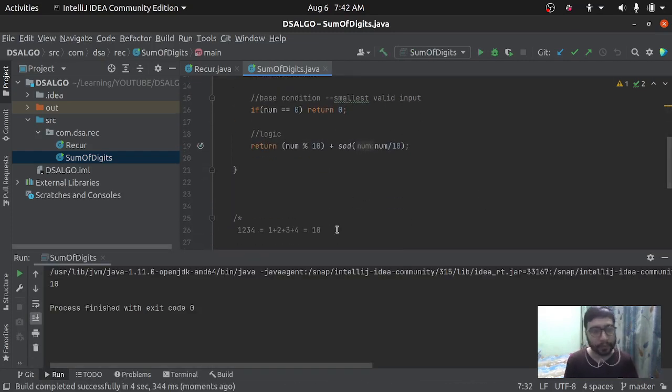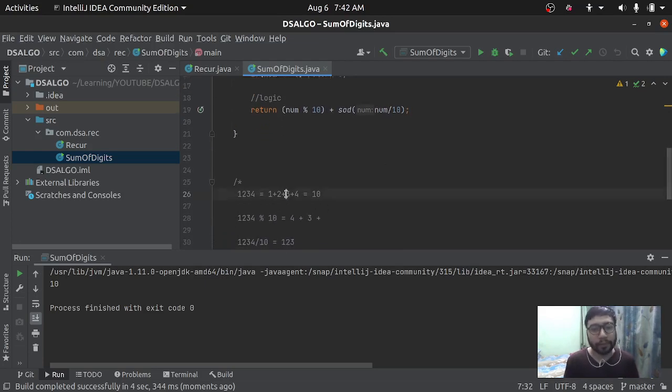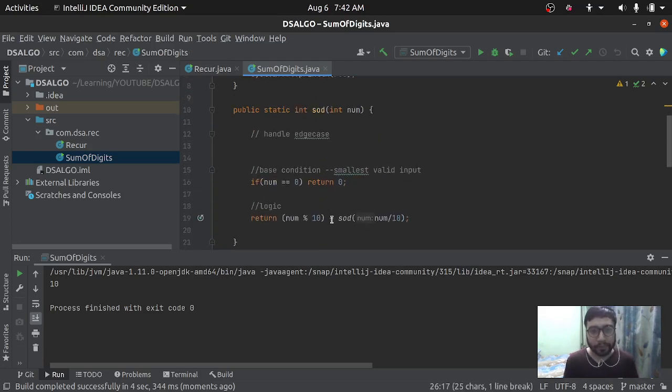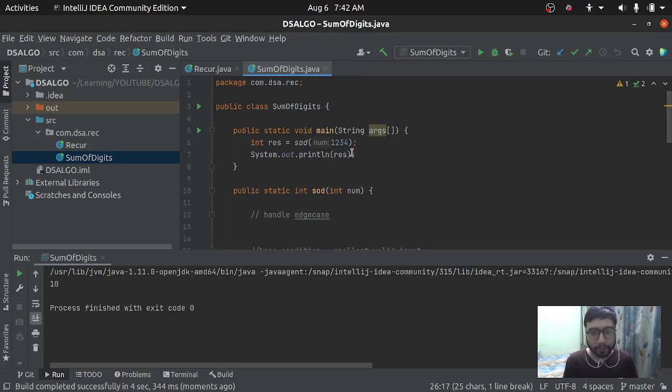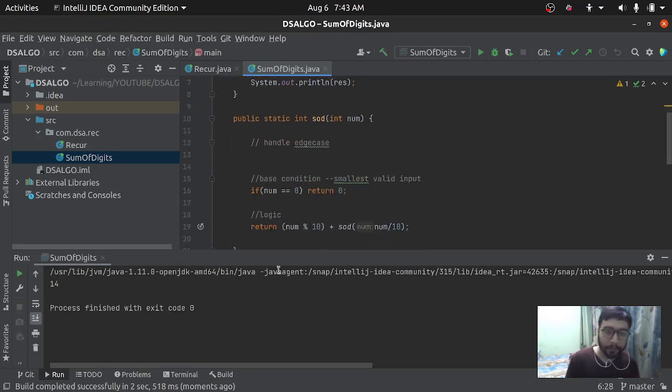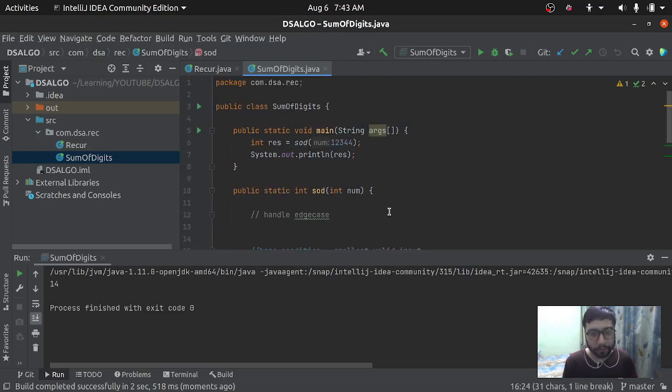So we are getting the result which we have thought, which is correct. So let's try with another thing. Let's try with 5, another 4. It should be 14. So we are getting 14. Yeah, so our logic is working fine, and our base condition is also working fine.